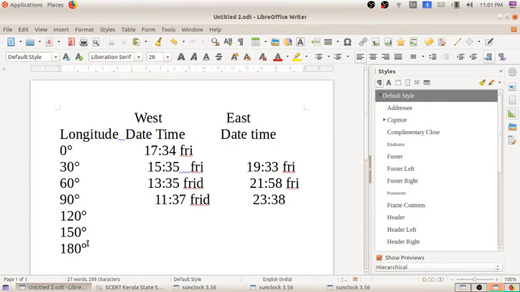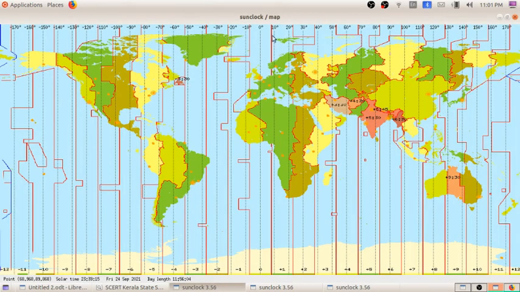In the same way, we can find the other degree meridians 120, 150 and 180. That means we can note down the time with respect to 0 degree, that is 120 degree west and 120 degree east with respect to Greenwich time.